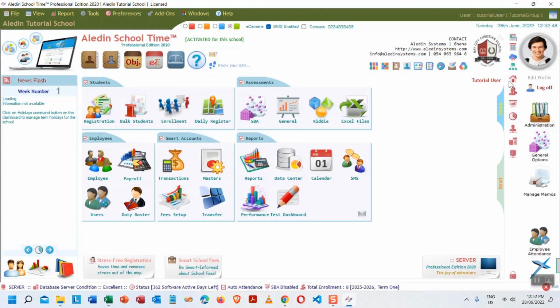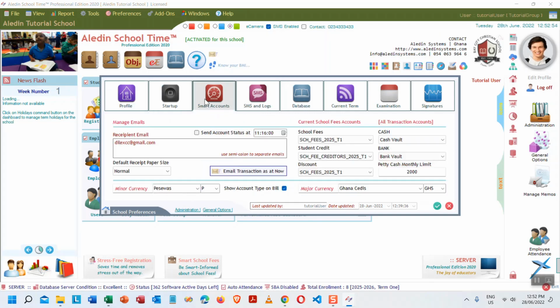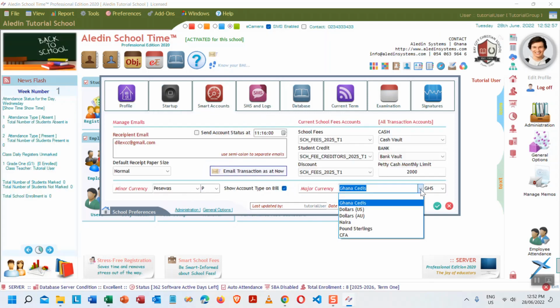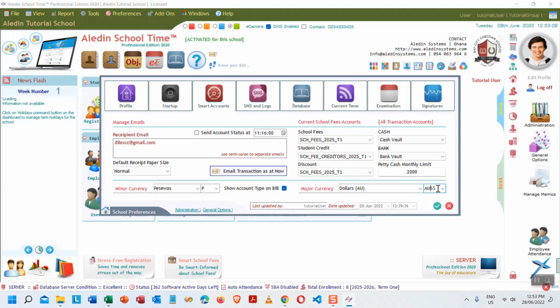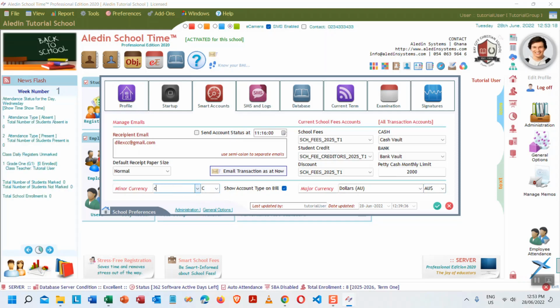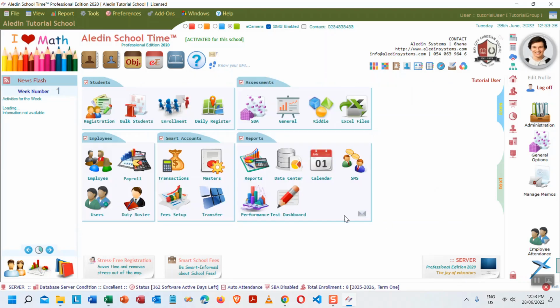That is, if you go to quick settings, and then you go to smart account, and then you go to dollars. So that is AU dollars. And then here we have the cent. I think we have the cent. Yeah. So that is it, and then move to report,